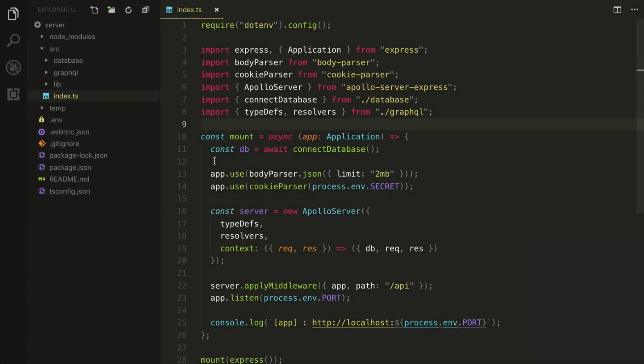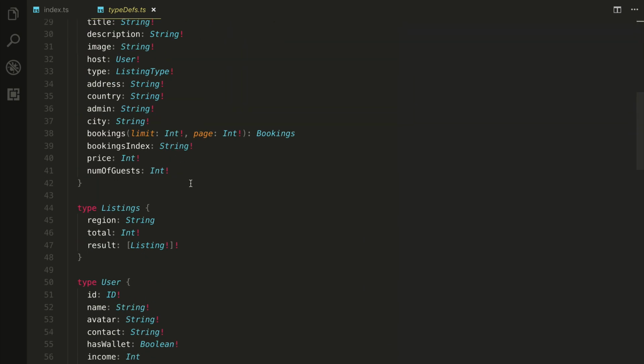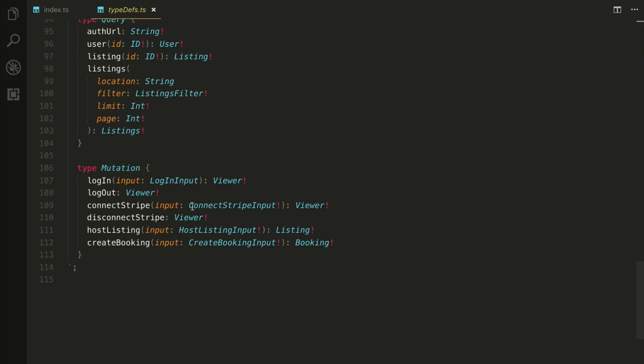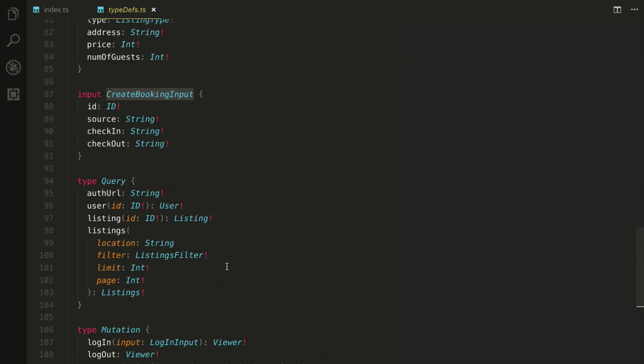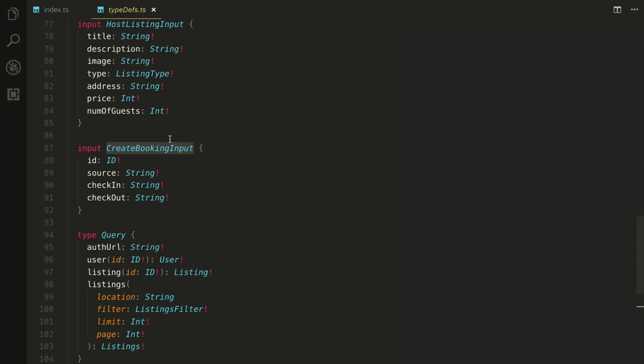In this module, we've created the capability for a user to actually create a booking on another user's listing. In our GraphQL type definitions within our server project, we've introduced another root level mutation called createBooking. And this createBooking mutation receives an input object of type createBookingInput. And this createBookingInput essentially contains the information necessary that we'll need to actually conduct the mutation, which is the